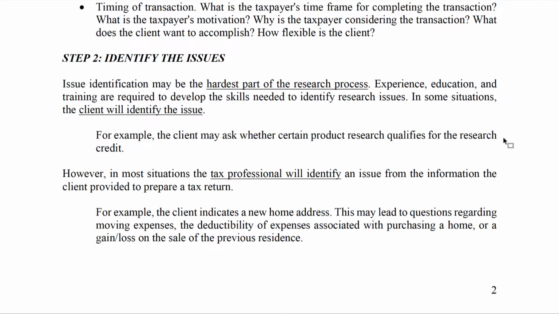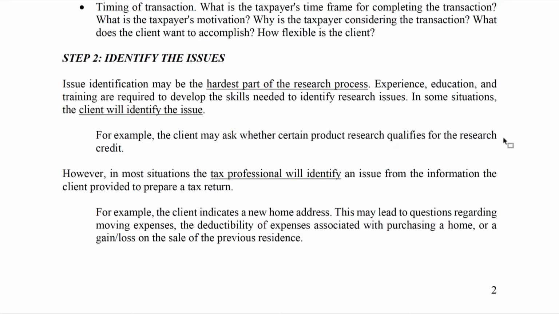The problem is that, generally speaking, for students and for those that are new to the tax profession, it tends to be the hardest part of the research process. And the reason why is because a lot of it has to do with experience, education, and training. The more you develop and hone your tax skills, the easier this identification of issues becomes. As you know more about the tax law, it becomes easier to say, yes, client, you told me that you